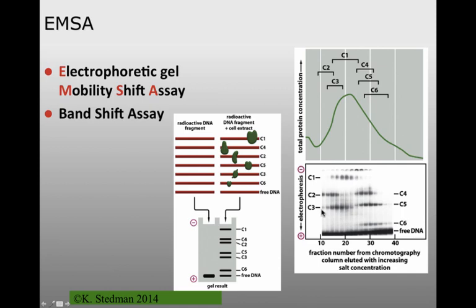Now you do column chromatography over here, and you can actually separate each of these proteins and test them with this gel shift, electrophoretic mobility shift assay. So here in our first fraction, which is fraction 11, at increasing salt concentrations relative to your column, this is an ion exchange column, here you have proteins C2 and C3 that bind to this particular piece of DNA. So you can separate those, you can get the mass spec of that protein, you can figure out what it is, and you say this binds to this fragment.